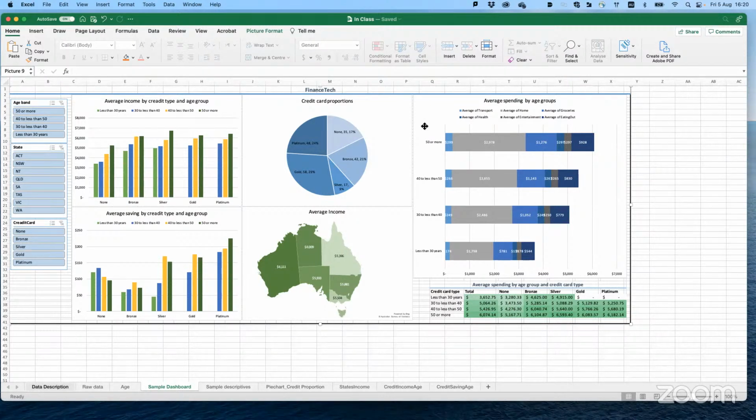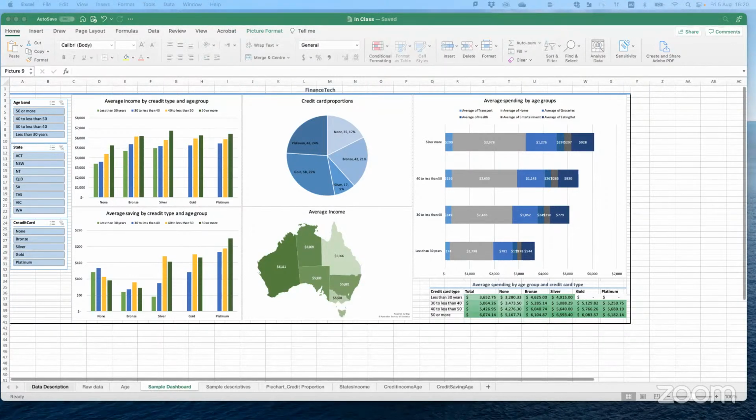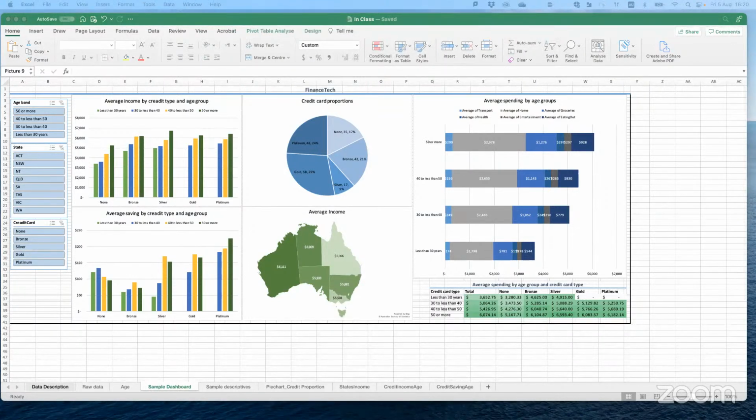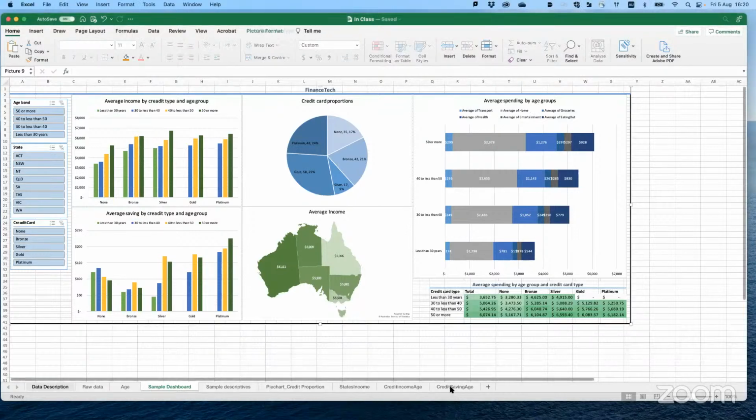That's great. So let's create something like that. Guys, I picked these different types of graphs just to show you how versatile Excel is. Anything that you want to create. So now we want to create something like this, average spending per age group. Okay. So we go to our last sheet.